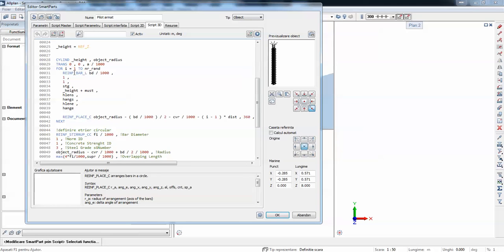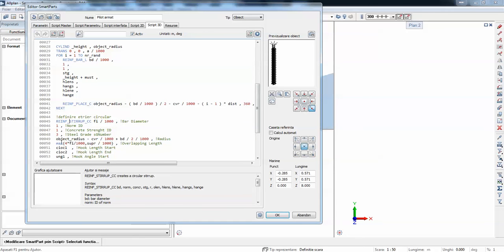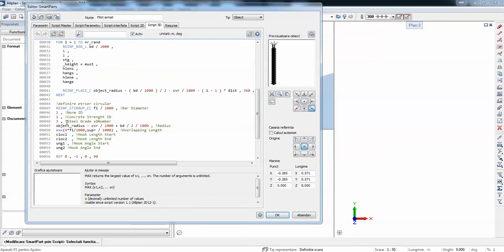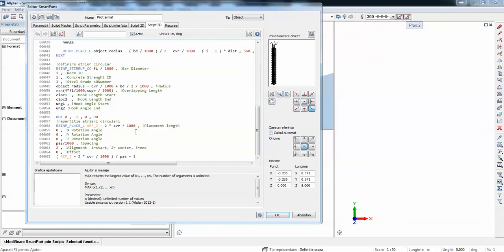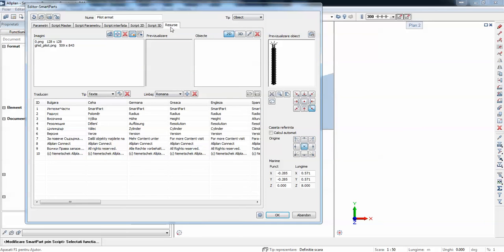So once you create the rebar, it's actually like reinforcing, only that you do everything by code. You first define the shape of the bar, and then you place the bar. And then, of course, I also have to define stirrups, and you also move. So you have to move analytically through where you're creating objects. So this is how I coded this. It doesn't look like much, but it's a lot of work and a lot of thinking and a lot of testing to achieve something like this. And personally, I decided to abort developing smart parts.